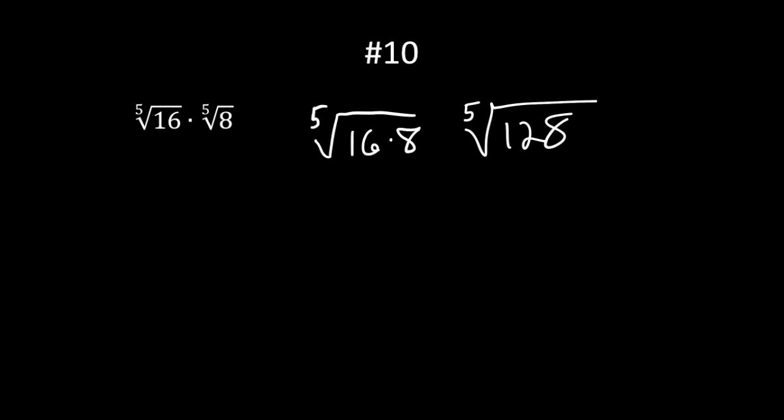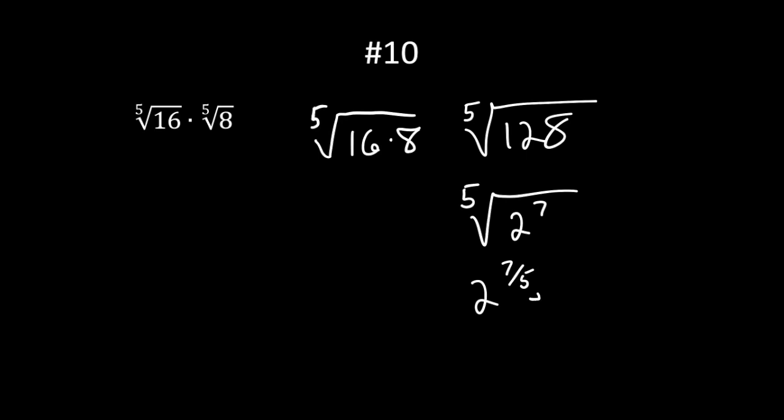128. All right, when I see 128, I know it's the various powers of 2. So 128 is actually 2 to the 8th power. Nope, it's 2 to the 7th power. So that's cool. So this I can rewrite in exponent form as 2 to the 7/5,